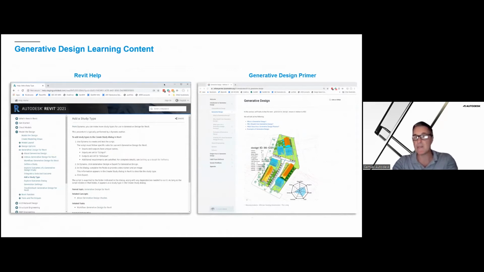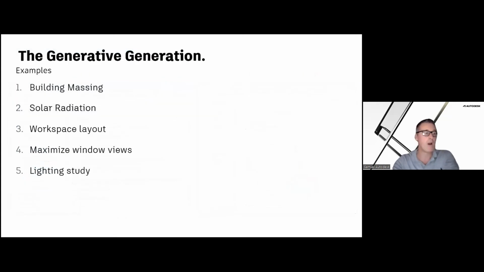And what you will see in the Generative Design primer are some examples of other companies who are using more advanced workflows of this platform. This is a screenshot of Van Wijnen. They're a developer in Holland, and they're master planning out their residential units here and reporting back on which ones get the most sunlight, the better views, and more profitability. Okay, so the 5 examples we're going to go through are the building massing, solar radiation, workspace layout, views of desks, windows, avoiding columns, and then finally an artificial lighting study.